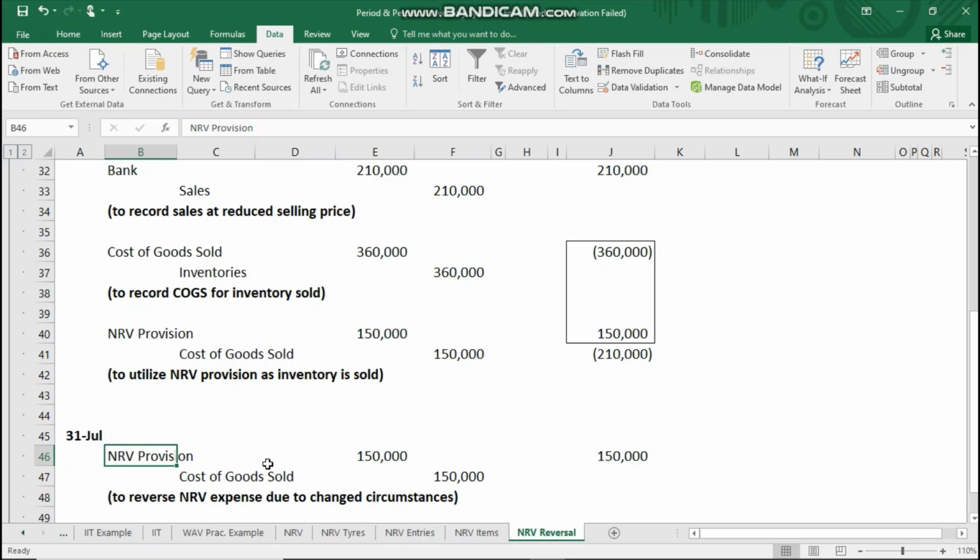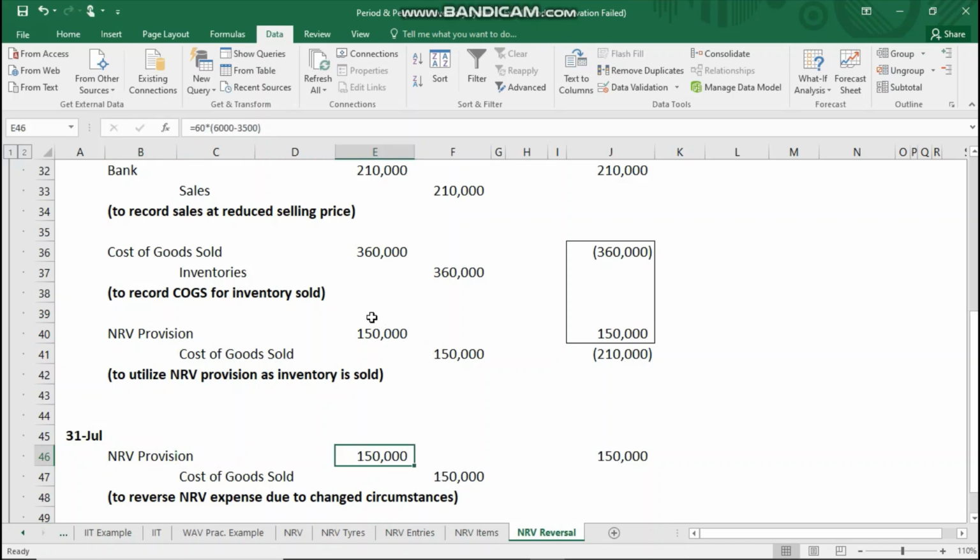जो 10,000 हमारी नॉर्मल सेलिंग प्राइस थी, अब हम उस पर आसानी से अपनी इन्वेंट्री सेल कर सकते हैं। तो हम ये कह सकते हैं कि हमारी नेट रियलाइजेबल वैल्यू ज्यादा है और कॉस्ट कम है। तो अगेन हम अपनी इन्वेंट्री को कॉस्ट के ऊपर लेके आएंगे और कॉस्ट पे लाने के लिए हमें जो एनआरवी प्रोविजन हमने क्रिएट किया था पहले जून के महीने में, उसको हम रिवर्स कर देंगे।